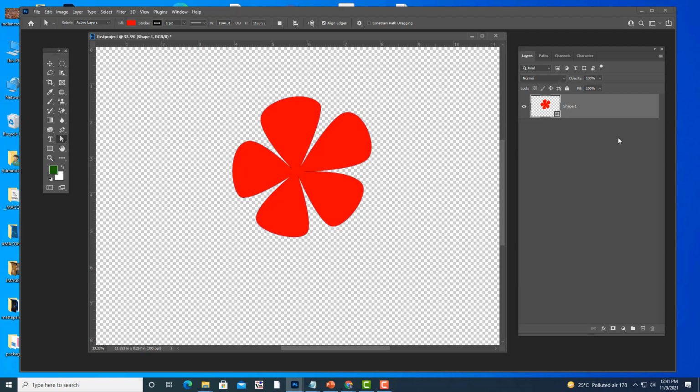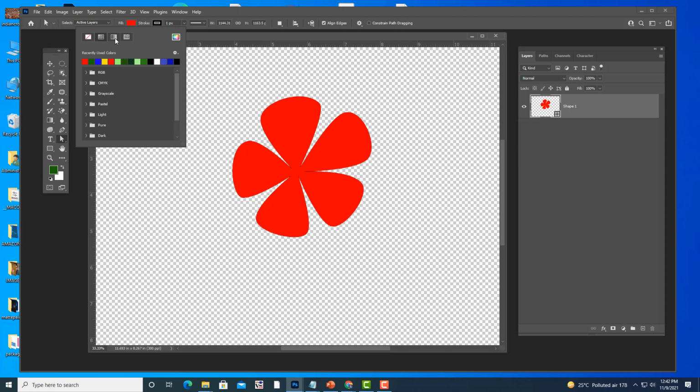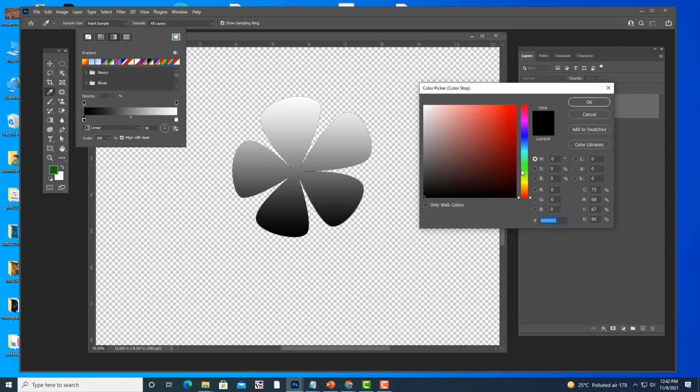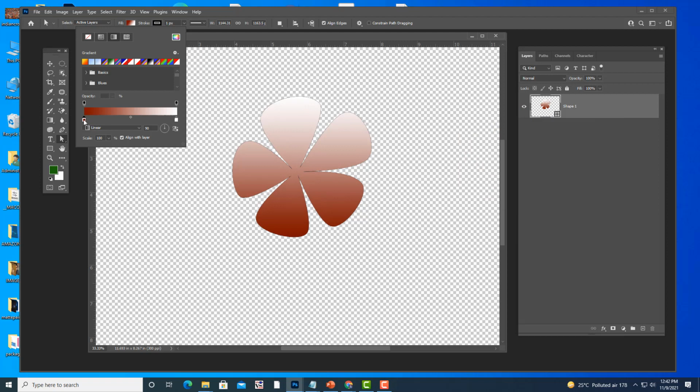Right, so now we will apply some colors to this. We will apply gradient colors. So we will apply red and orange, something like orangish red.